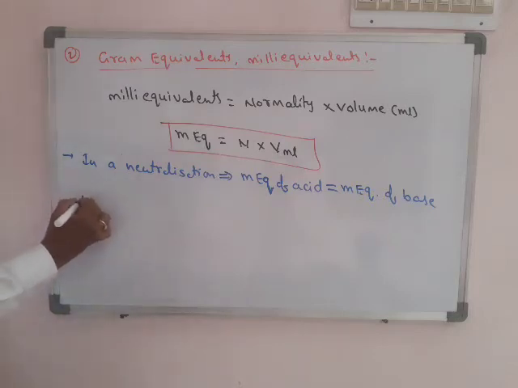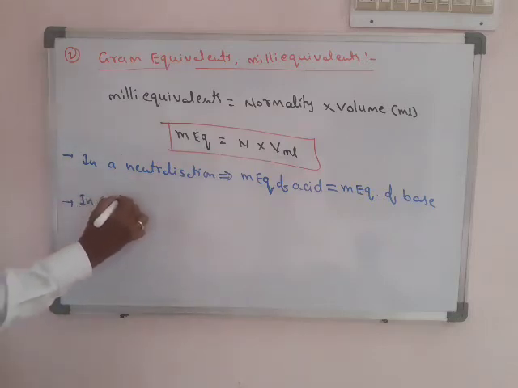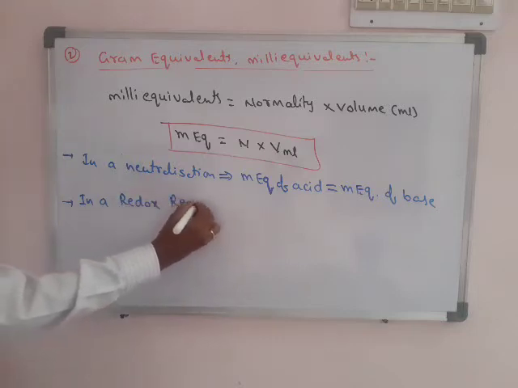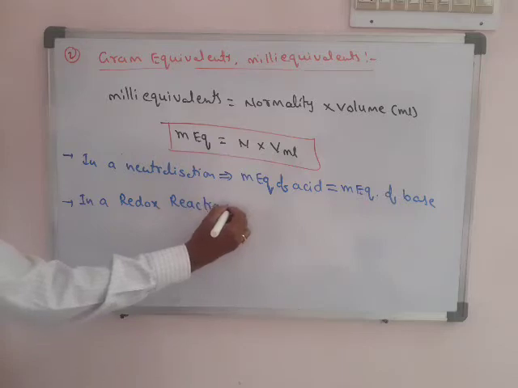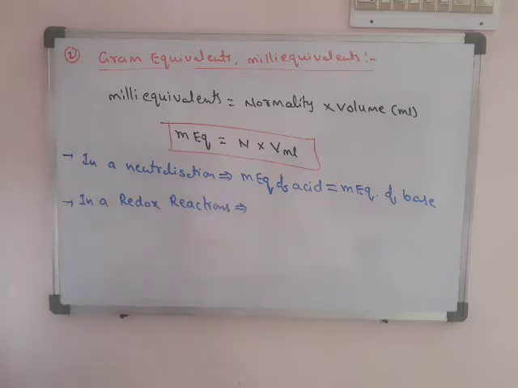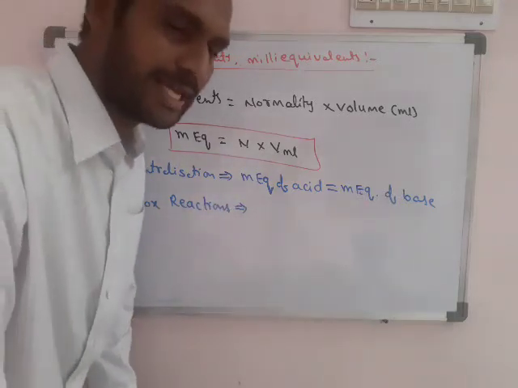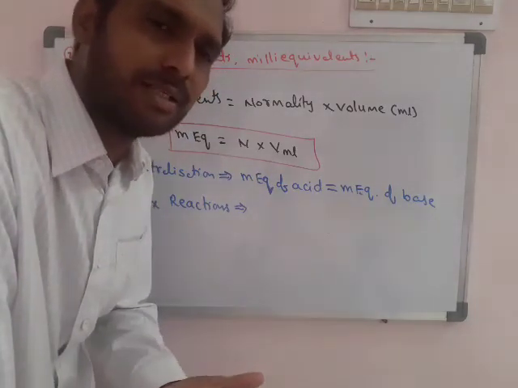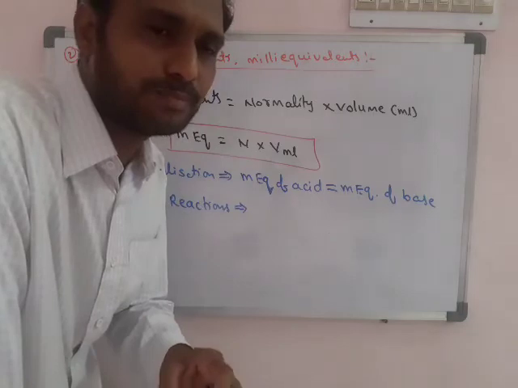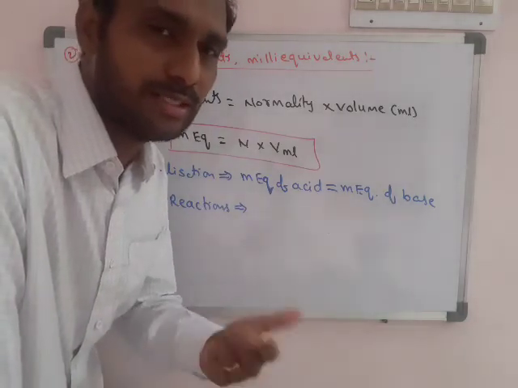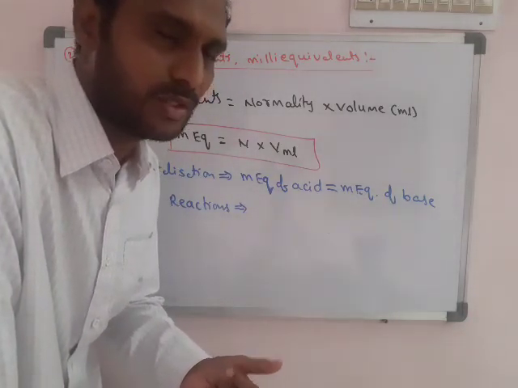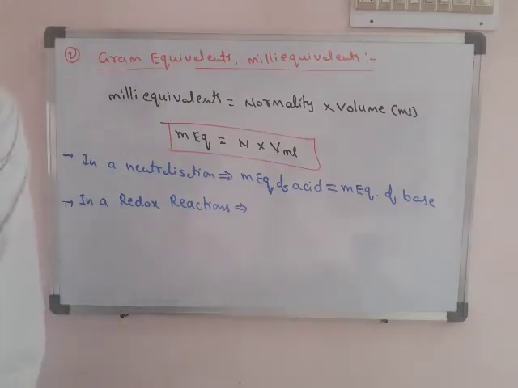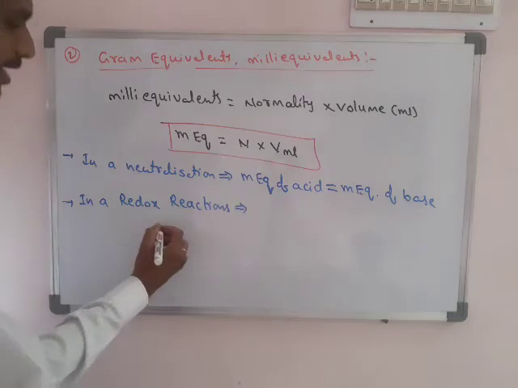Next, in a redox reaction, we actually have many problems based on redox reactions. Redox reaction means a reaction between an oxidizing agent and a reducing agent, nothing but a reaction having both oxidation and reduction reactions. So in redox reactions, now we can write